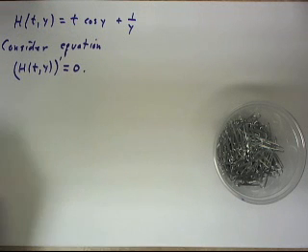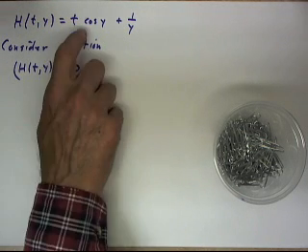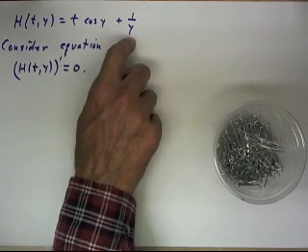Okay, let's consider the function h(t,y) = t cos y + 1/y. We're going to consider the equation h(t,y)' = 0. We'll see why we want to do this, but let's get the mechanics of this thing out of the way first. Okay, so h(t,y)' is the derivative of this,